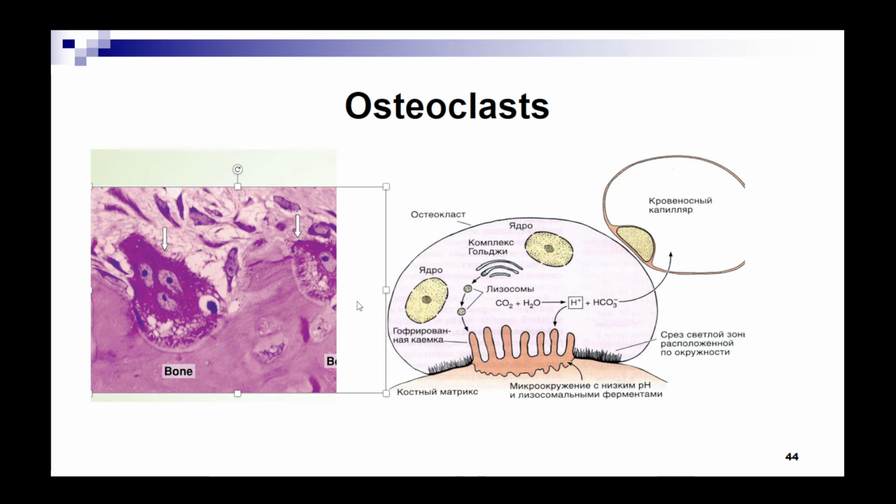Also, this is a schematic diagram which shows osteoclast structure, but sorry, in Russian language. We have seen the blood capillary. This is the osteoclast. These are the nuclei. This is the Golgi complex, lysosomes. This is the process of formation of carbonic acid, the result of smooth endoplasmic reticulum. Smooth endoplasmic reticulum generates numerous hydrocarbonic acid, which migrates between the specialized intracellular canaliculi,